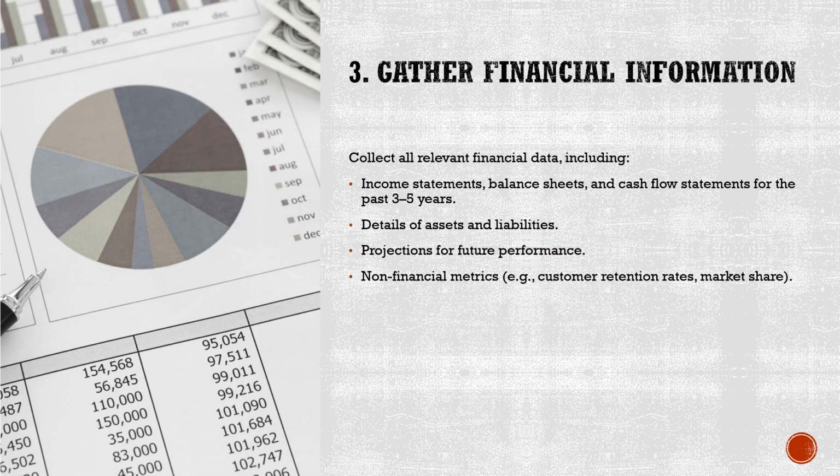Then we gather the financial information, collecting all the relevant financial data. This will include the main line items such as income statements, balance sheets, and cash flow statements for a couple of years, to be able to give to our data and financial analysts. Then they get the details of all the assets and liabilities for the past few years. They perform projections on future performance,